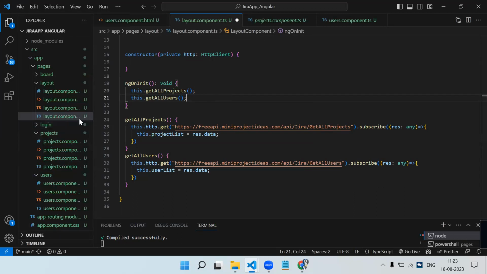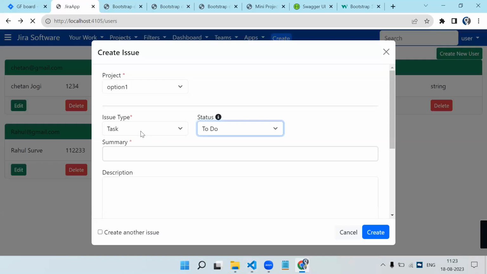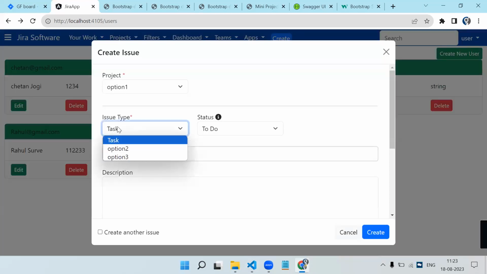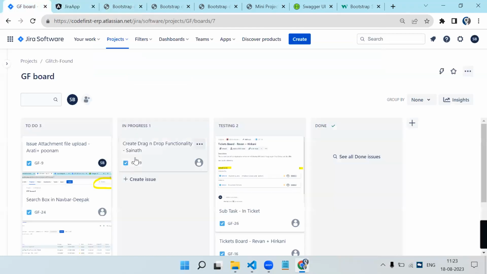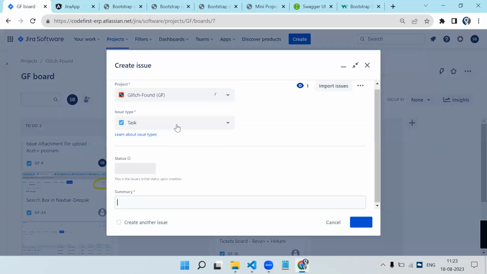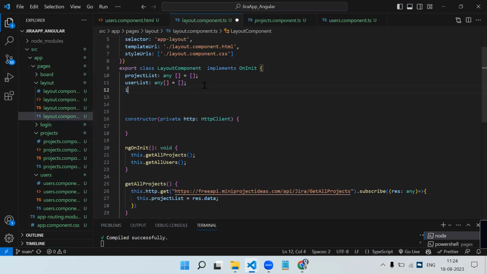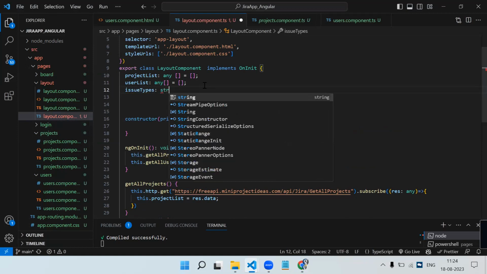Now, if you have seen the page, we have issue type and status. Two static drop downs are there. Like in issue type, we can have task, defects, R&D or something. If you see here, create, only task and epic is there, but there are so many things we can do. So let's create an array to hold that data. So let's just create a static array. Issue types, colon, it will be of data type string array,